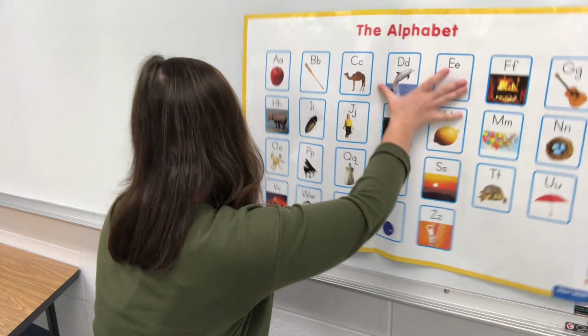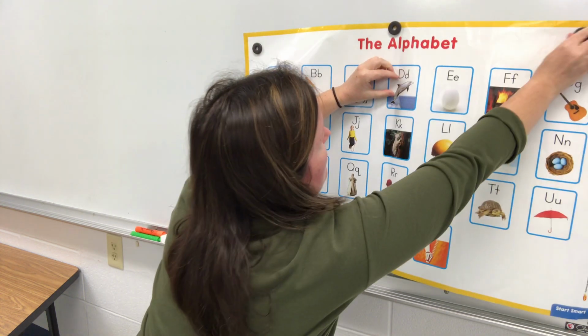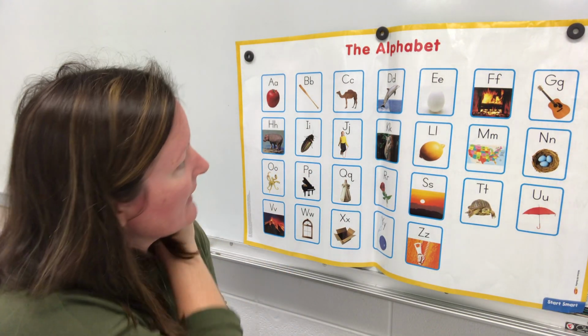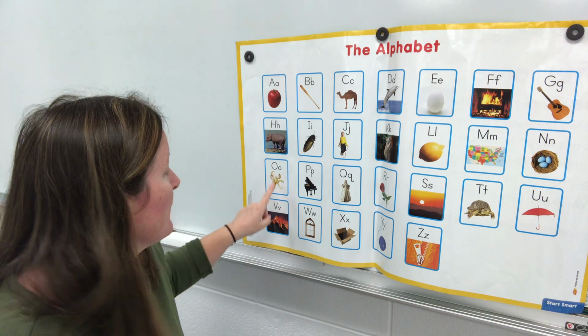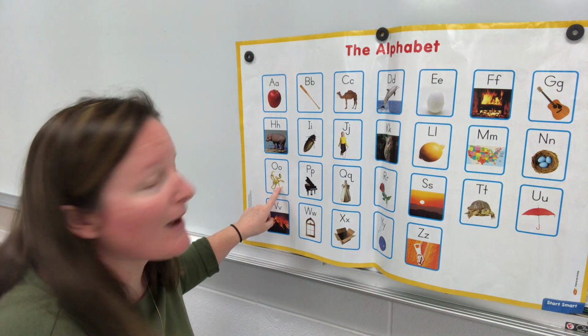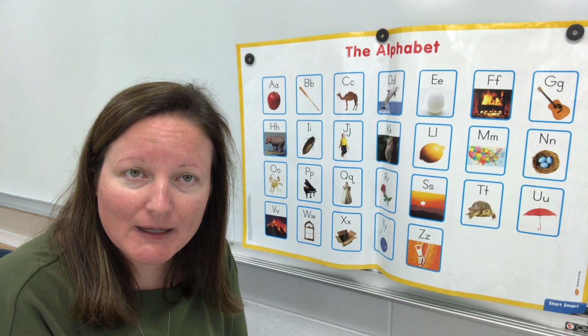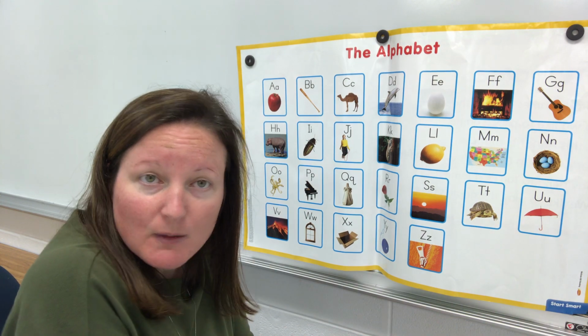And the last thing I want to do is look at our letters. So today, I want us to look at the letter O. This is capital O and lowercase o. And the picture is an octopus. O for octopus. So I want you to search around and see if you can find a capital O and a lowercase o. Now when you look at these letters, big O and little o look the same. Just one's big, one's small.